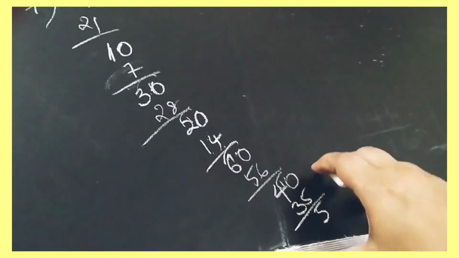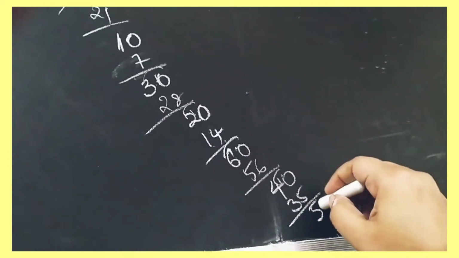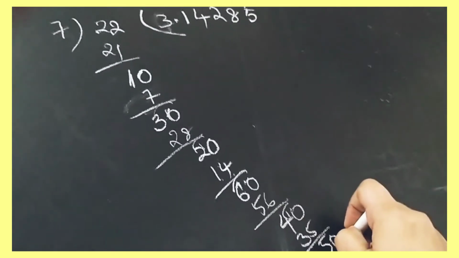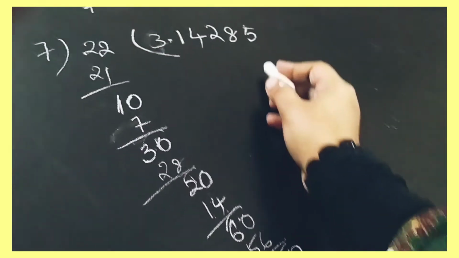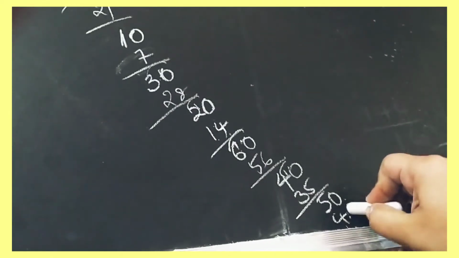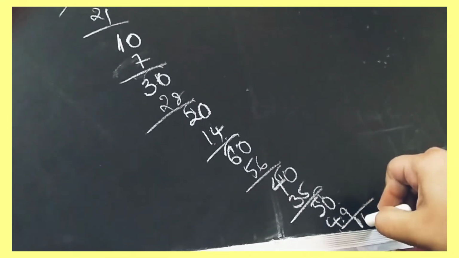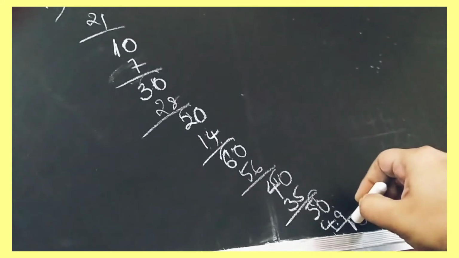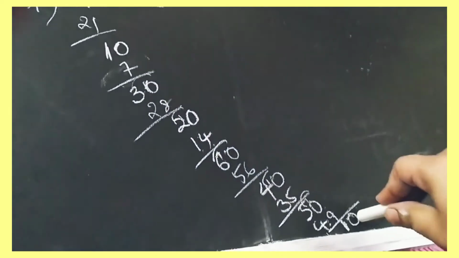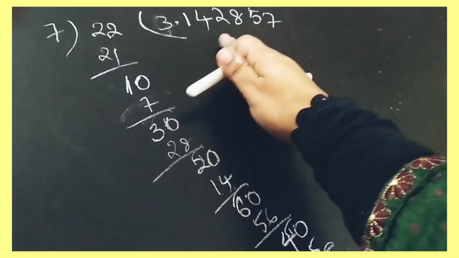Oh my god, this is so long division, no? So 3 minus 3 is 0. No need to take it. 50 again. So here again 50 we are writing here. So 7 7s are 49 we can take now. Again 1 here. 10 minus 9 is 1 here. Again 0. So again same method, same answer we are getting now. 10, we got 10 here. So all these numbers are repeated numbers.